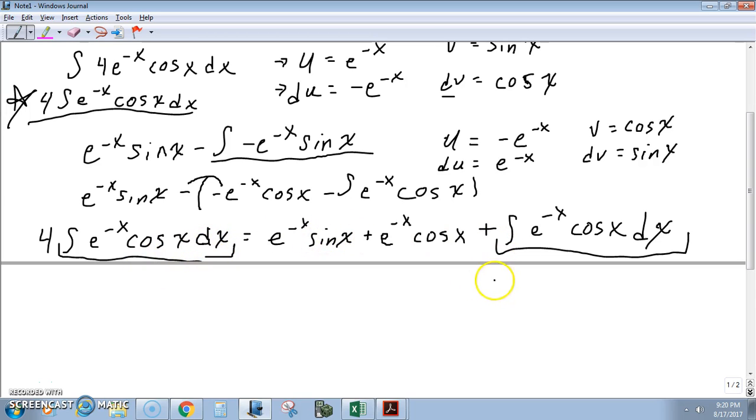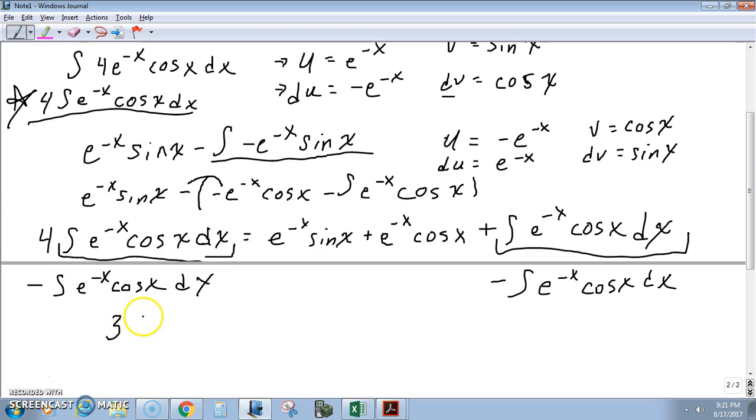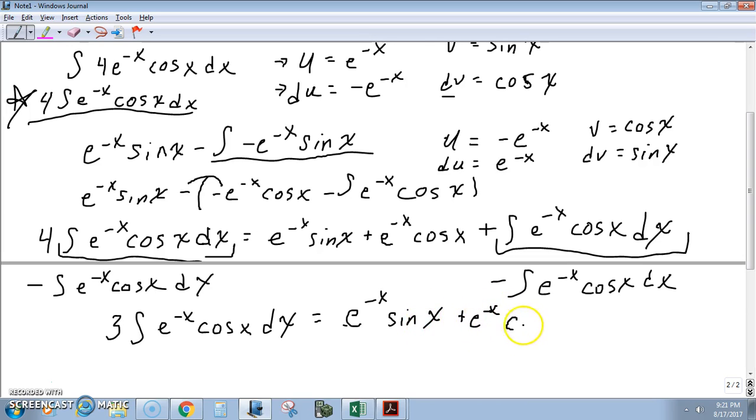So if I subtract this whole integral here, e to the negative x cosine x dx, from this side, and then again on this side, e to the negative x cosine x dx, then I will have 3 integral e to the negative x cosine x dx equal to, what do I have left over, e to the negative x sine x plus e to the negative x cosine x left. Then if I multiply both sides by 1/3,